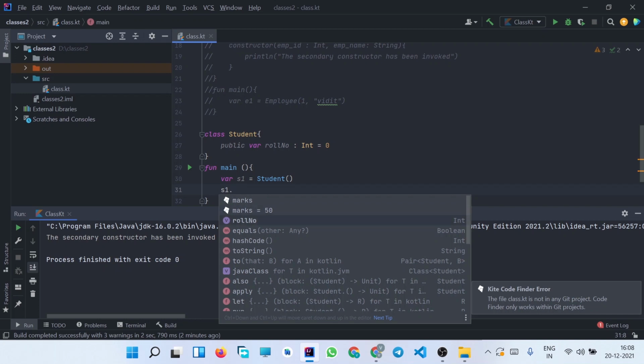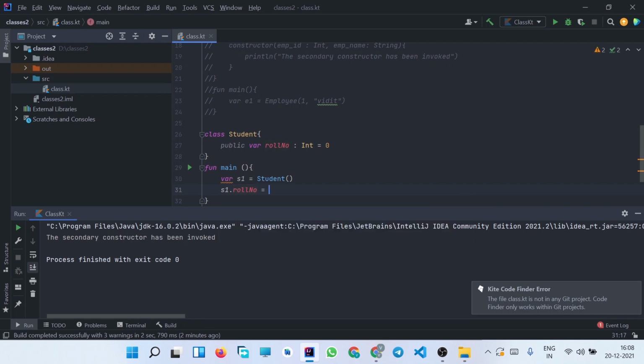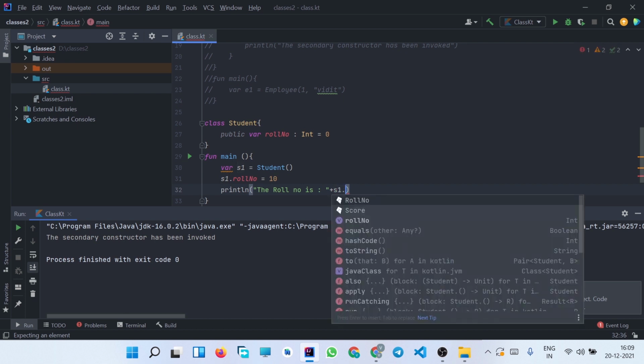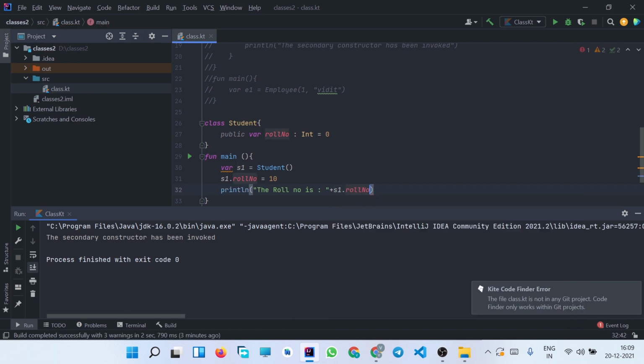So simply s1 dot roll number is equals to, let's change the value to 10, and now let us try to print the roll number. The roll number is plus s1 dot roll number.